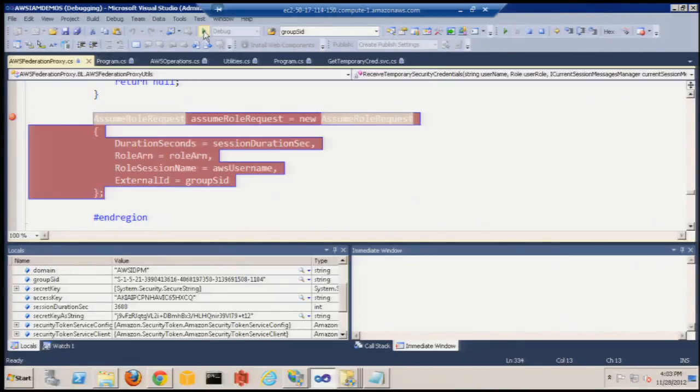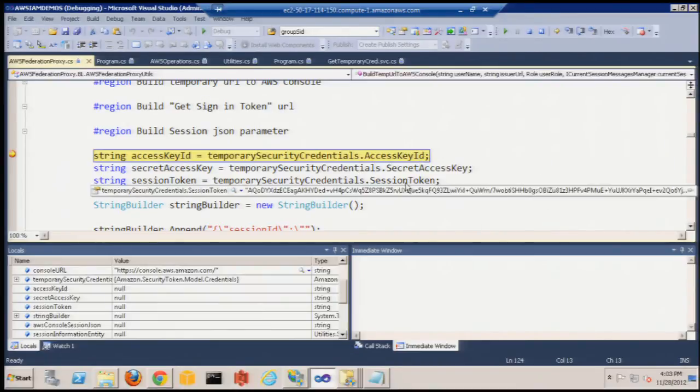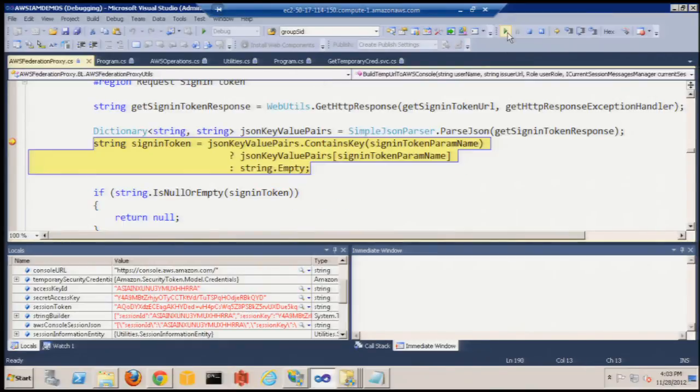What actually happens at this point is we take the keys. I'm not going to show you my secret key, but I'll show you my access key. And then there's the token. I take those 3 pieces of information, and what I need to do is generate a sign-in token. This is where the sample becomes pretty handy, because if you go on in our documentation, we have 1 sample for Java, 1 sample for Ruby, and now we have a sample for C#. So you'll want to follow along, because this is probably one of the more mystical parts of how you